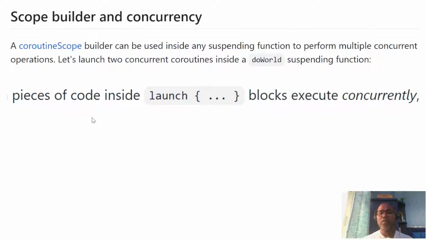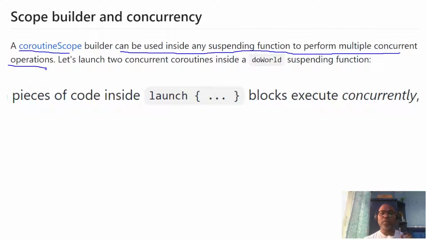So this is the kind of scope builder you have. Whenever you want to create any scope for a coroutine, just use this coroutine scope builder, and it can be used inside any suspending function to perform multiple concurrent operations.